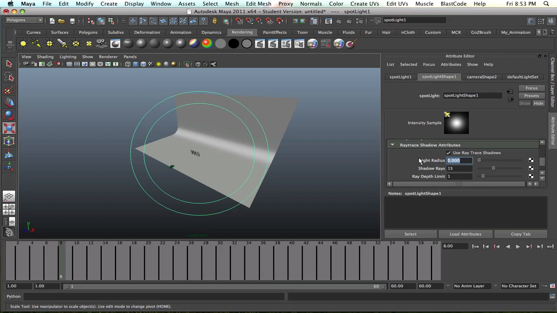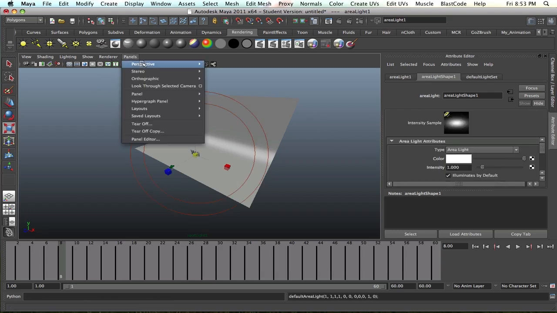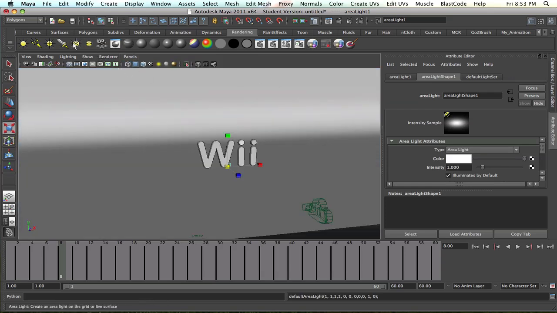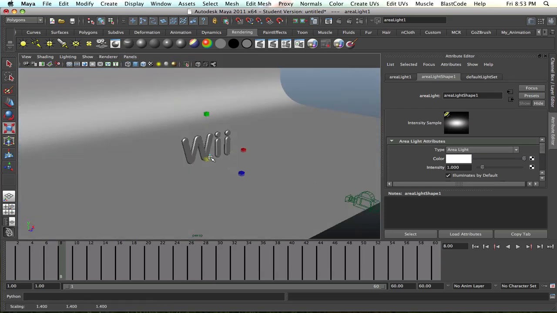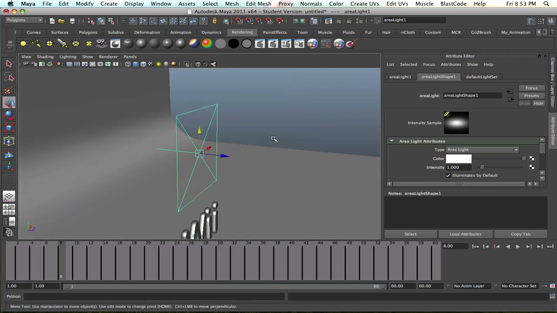But I like to keep mine at maybe like 5, and then we'll keep the shadow rays at 15. And let's see, there was one more light. Oh, this one here. Go back to our perspective. Create an area light there. We'll go ahead and scale that up, and then we'll raise it up just so we can see it, and then go ahead and